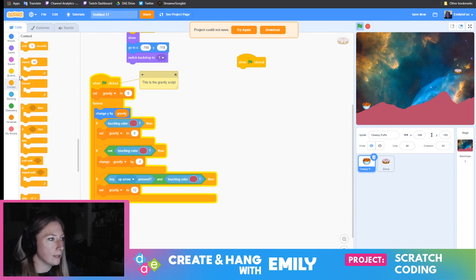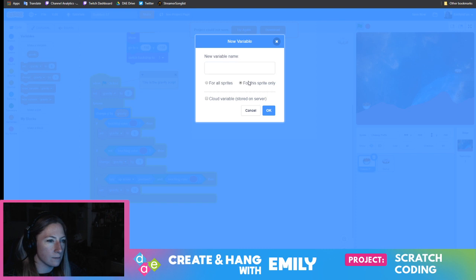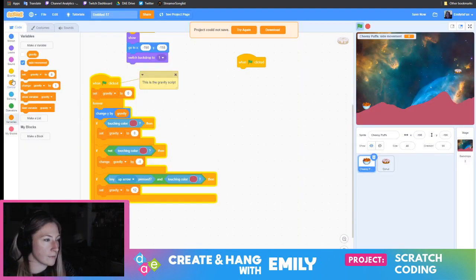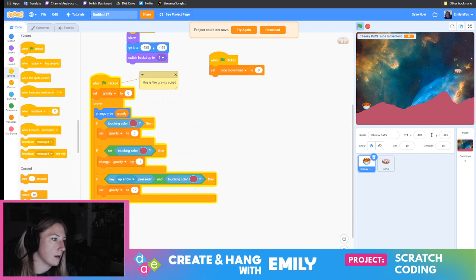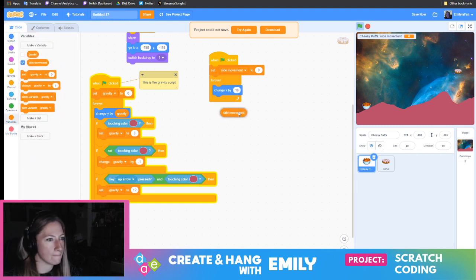So now I need another variable for the horizontal movement of my sprite. So I'm going to say for the sprite only, side movement. It's going to be a very similar concept. Setting the side movement to 0 just to reset everything. I need a loop, and this time I'm setting the x-axis. So we're going to change x by the side movement variable. No, I don't really want to look at that either. Now, if